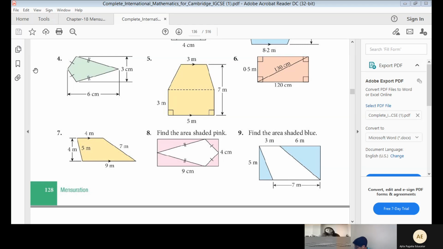Okay. 7 is 14 meters square. Which one? Seventh one is? 14 meters square. Wrong. Okay, 8 is 18 centimeters square. Yes, Neve. Why is it wrong, बच्चा? एक बार में correct answer क्यों नहीं दिया? 18 centimeter. 18 meters square. For seventh one is 18 meters square. Oh, I gave the answer for 8.